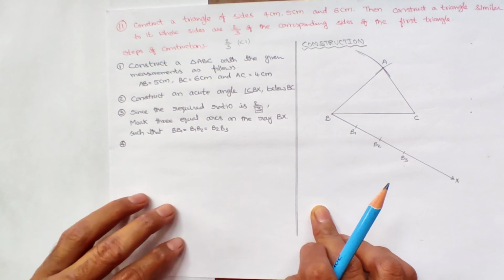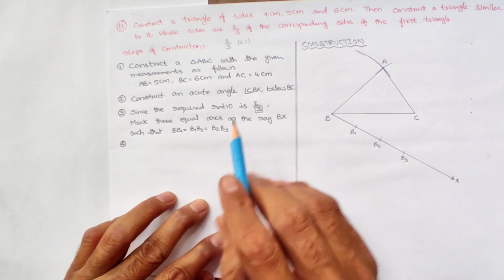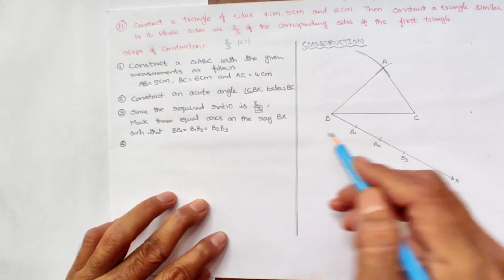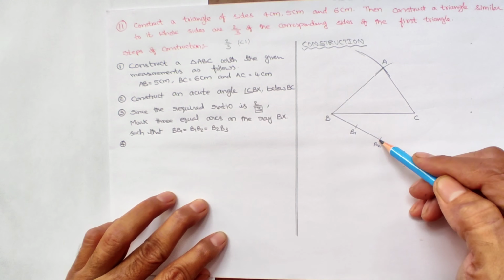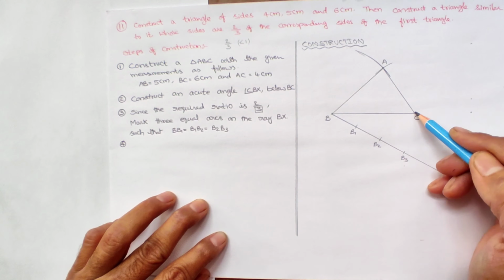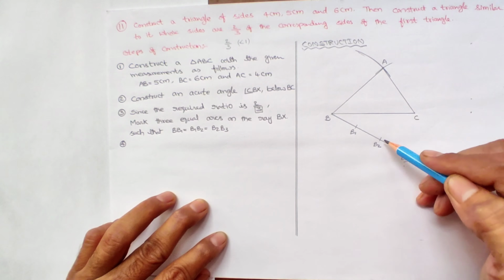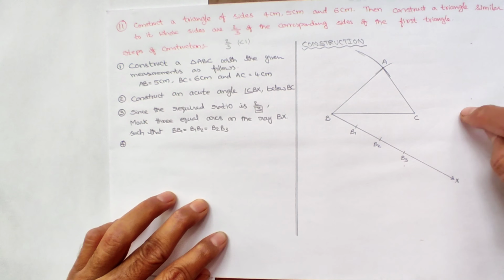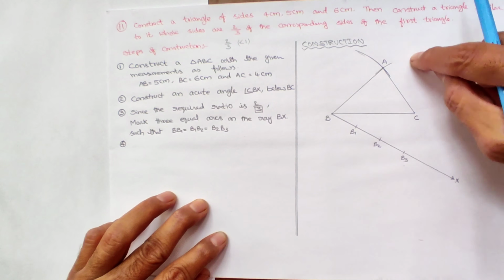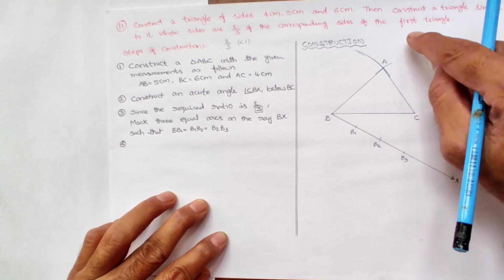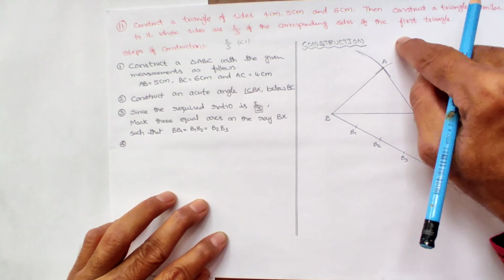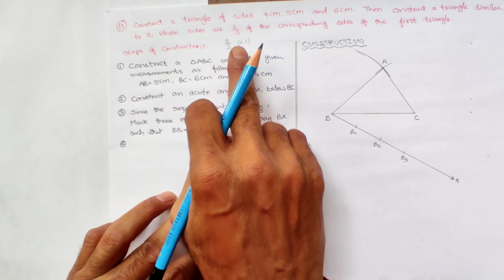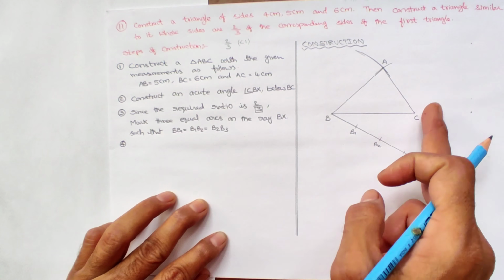Hope you are understanding. I repeat, for example, here two things are there, children. Either we have to join B2 or B3 to C, anyone. If we join B2, then what happens? From B3 you have to draw one parallel line to B2C, so that will be coming out of the triangle, and this is C dash. From C dash you have to draw one more line, that is here A dash comes. So here A dash B C dash is the new triangle that is bigger than the original triangle. But according to the scale factor, the new triangle should be smaller.